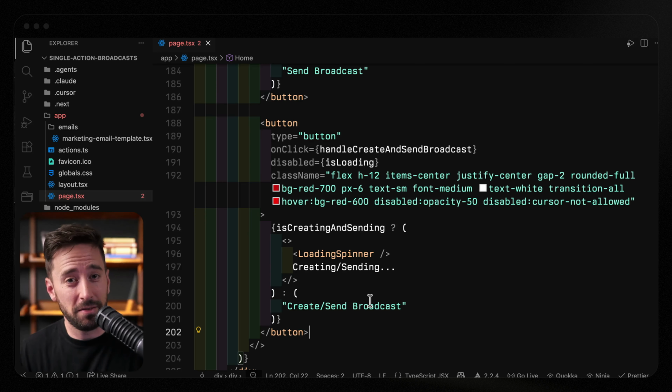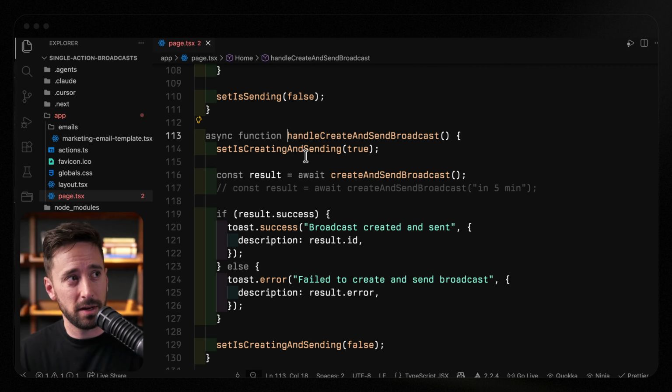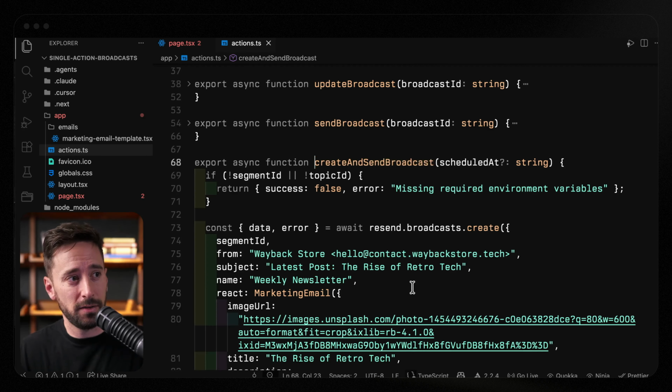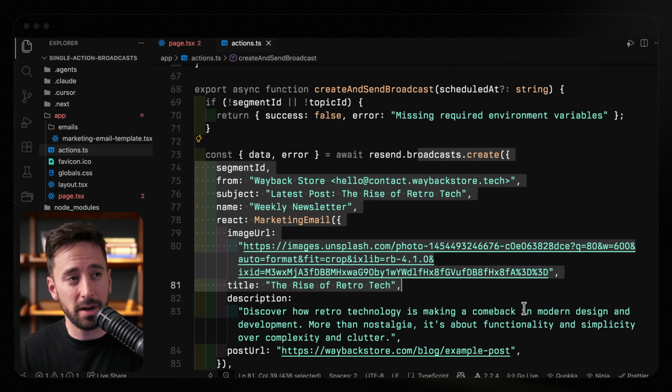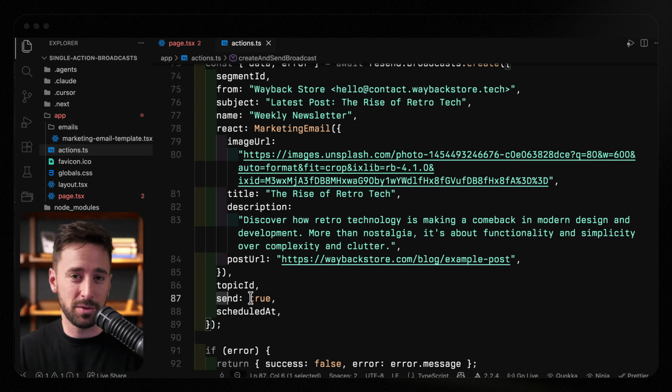Well, now if you're confident in your creation, you can send it right away, and that's what I want to show you. So I now have a new option here, this button that creates and sends it. So just to show you what the code looks like here, I'm going to hit this server action. If I jump over here, you'll notice it looks just like a creation, except I passed this optional true flag